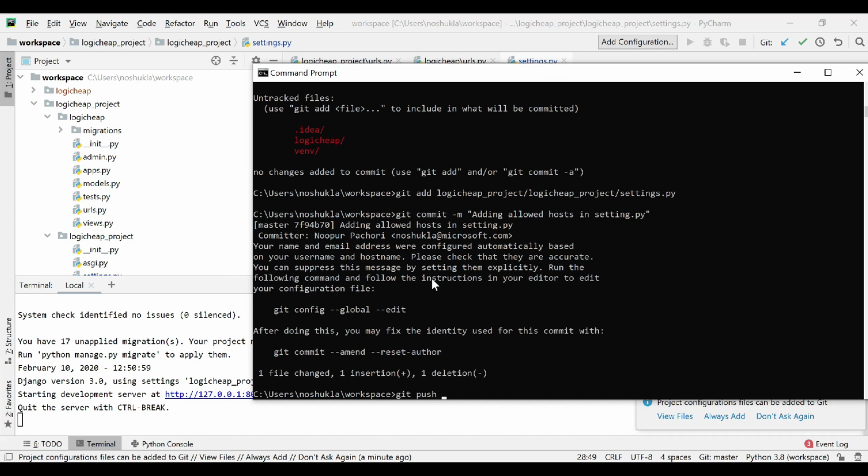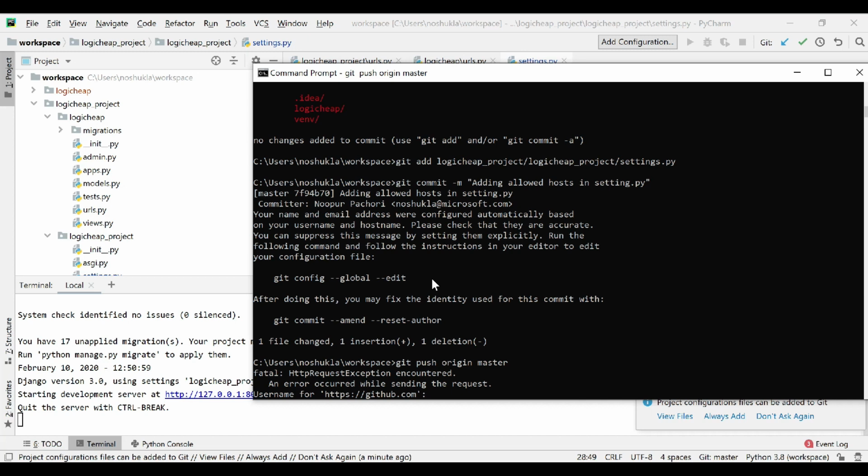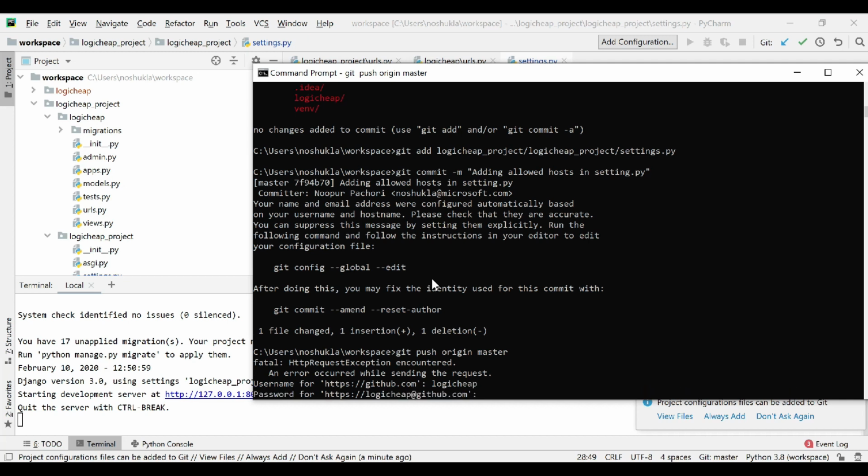With the changes in settings.py, I'm going to git push this code to the repo. Now our repo will have the latest code having changes in settings.py.